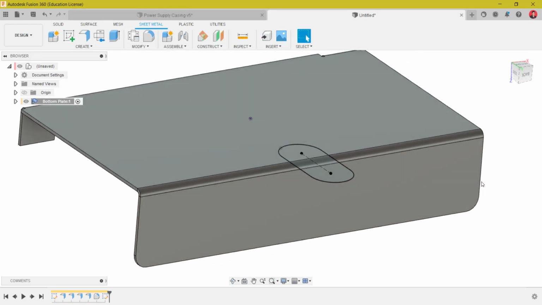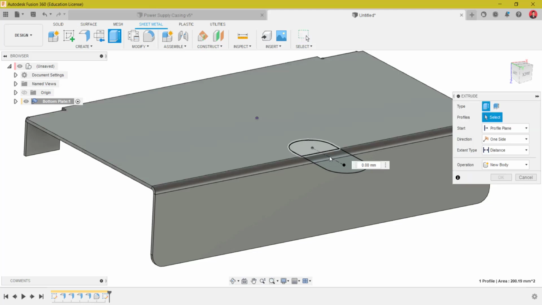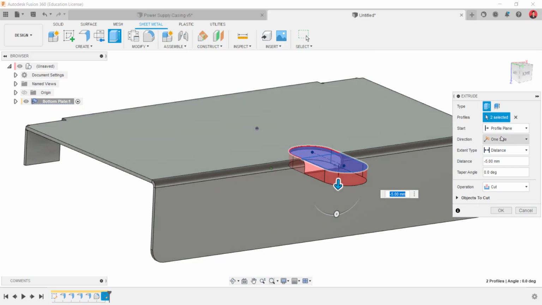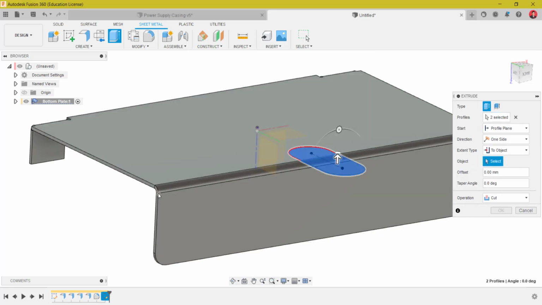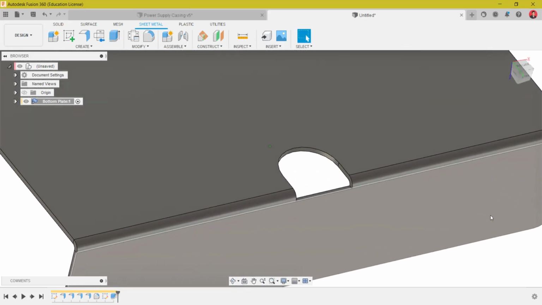And then we're going to use the common extrude command to cut it, but we use the two object option and then pick the vertex within the bend radius. So it will show the result as the